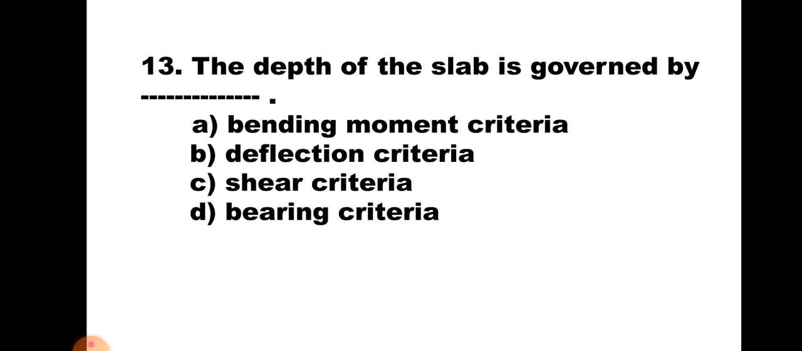Question number 13. The depth of a slab is governed by A, bending moment criteria, B, deflection criteria, C, shear criteria, and D, bearing criteria. Now, for the slab, we know that the trial depth we calculate from deflection criteria, that is L by D. And then after calculating the bending moment, we also calculate the depth required to resist the bending moment. And it is generally seen that the depth required to resist bending moment is much less than the depth required